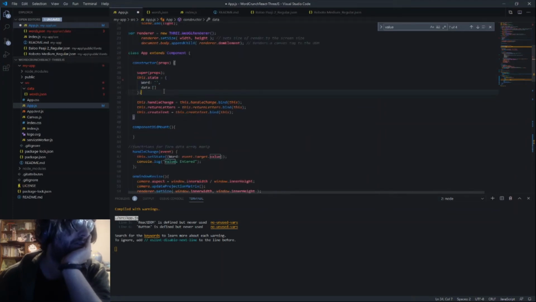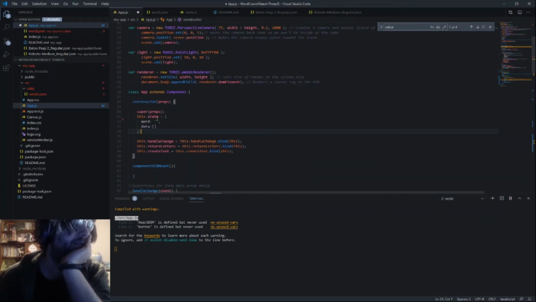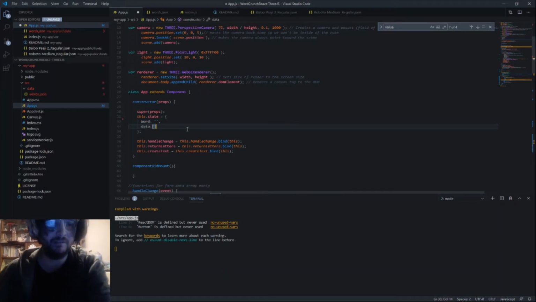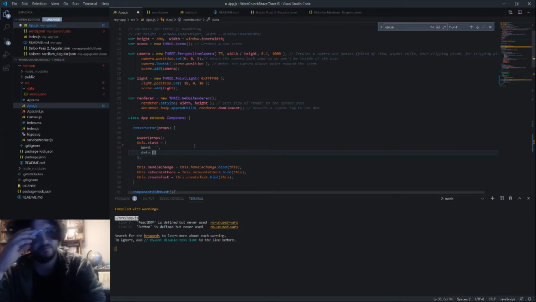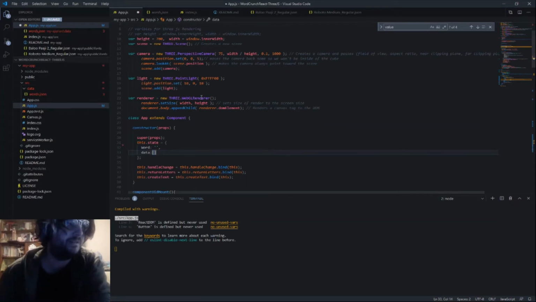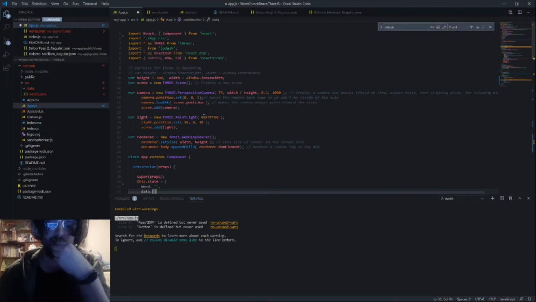Just word and data in the constructor. Word's just an empty string first, data is just an empty array. Like I said, I haven't really used data for anything yet, but I guess you could use it. Maybe if you wanted to expand on this, something like upload any body of text and it'll convert it to 3D or something, but I can't really see that many use cases for this. I mean, this is more of a mental exercise, if anything, even for me anyway. Okay,